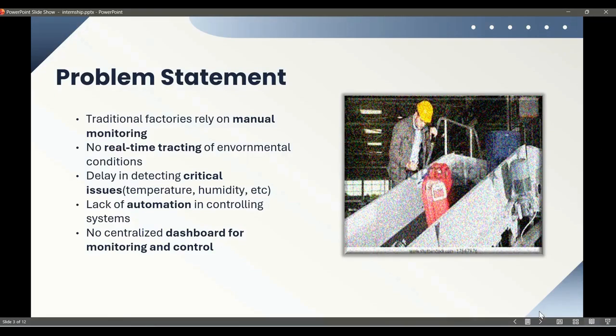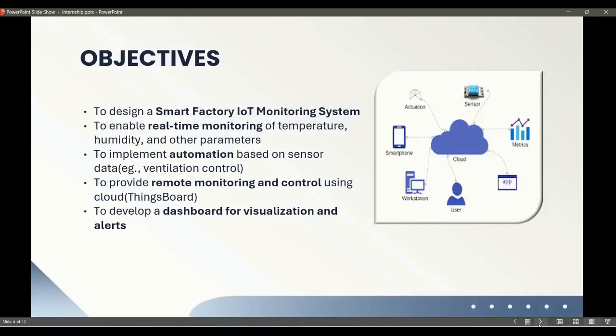Let's talk about objectives. The main objective of our smart factory IoT monitoring system is, first of all, to design a system where we collect the data from the sensors and send it to the cloud, where we can represent this data on the dashboard. And with the help of some controls we can manipulate this data easily. The next objective is to enable real-time monitoring of temperature, humidity, and other parameters, such as the motion sensor, whether there is motion, whether it is dark,